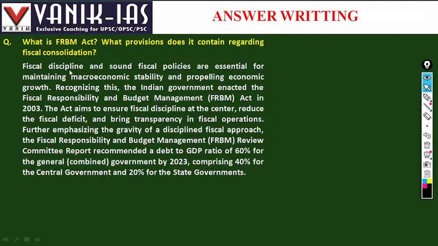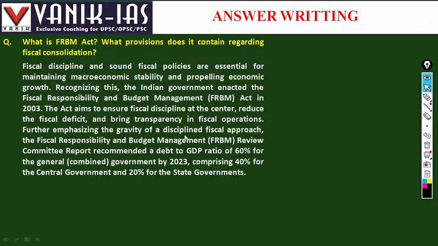Then come to the question: what is the FRBM Act? What provisions does it contain regarding fiscal consolidation? Fiscal discipline and sound fiscal policy are essential for maintaining macroeconomic stability and propelling economic growth. Recognizing this, the Indian government enacted the Fiscal Responsibility and Budget Management Act in 2003. The Act aims to ensure fiscal discipline at the central level, reduce the fiscal deficit, and bring transparency in the